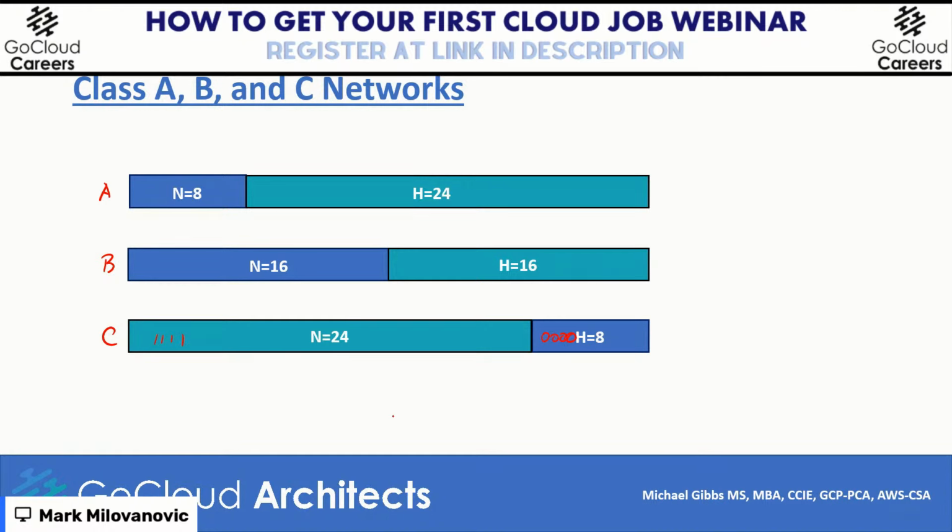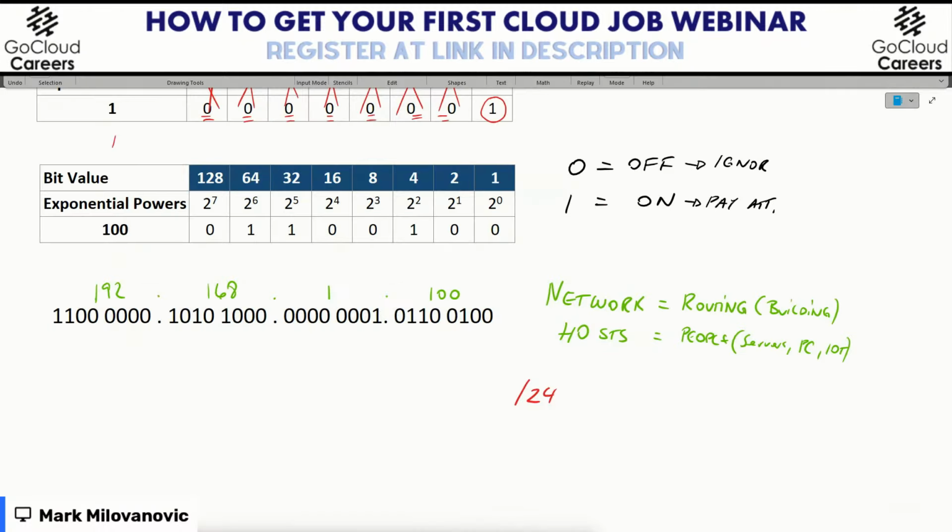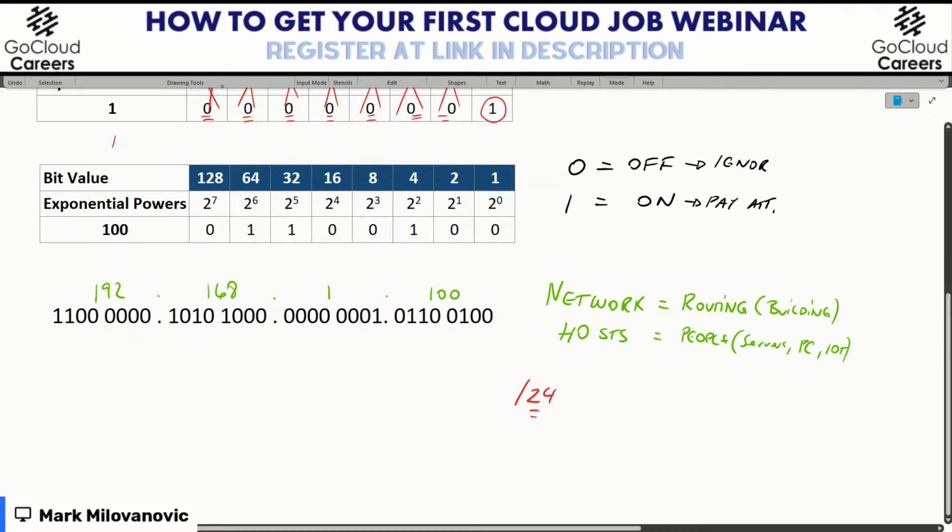Okay, that's how I would figure it out. So that's how initially it was. We had to figure out a way to delineate what the network portion would be. So what we're going to do is turn on 24 bits in our example. Since we have the slides, let's go back to this. And that's what this represents, 24.